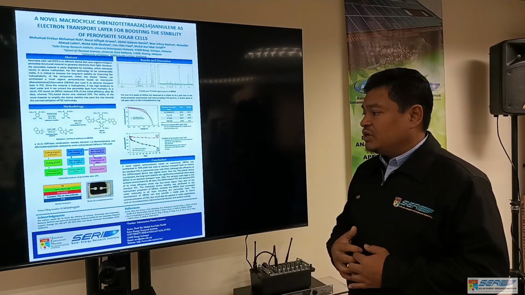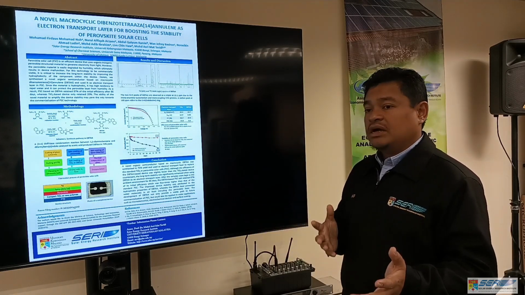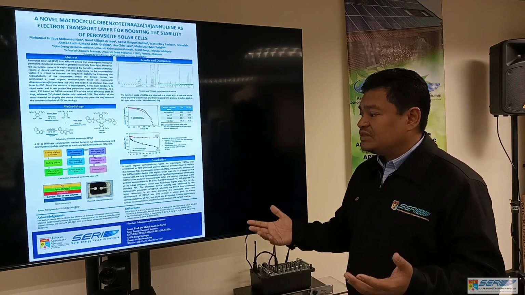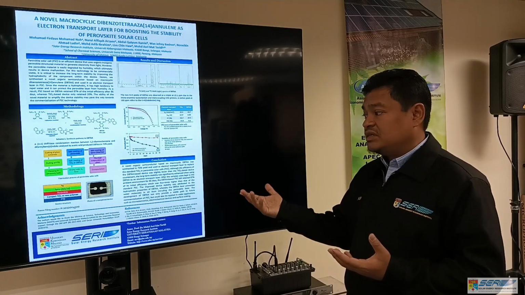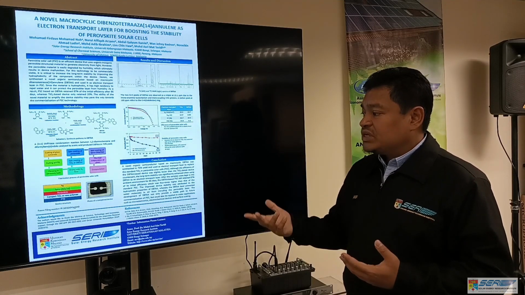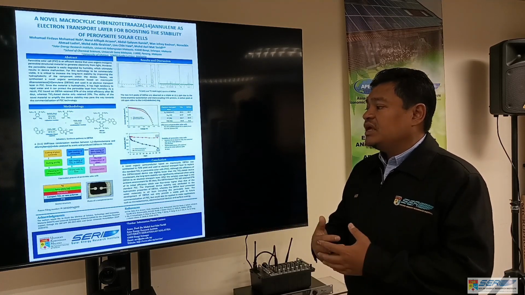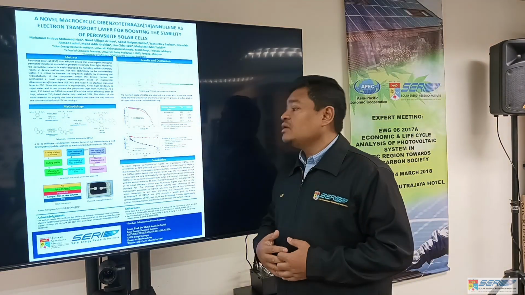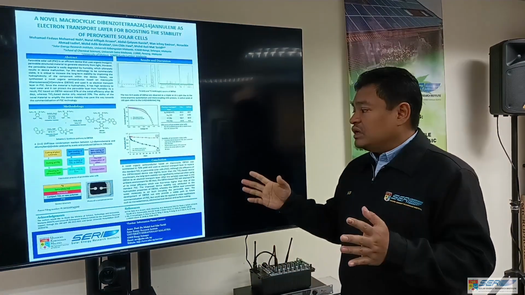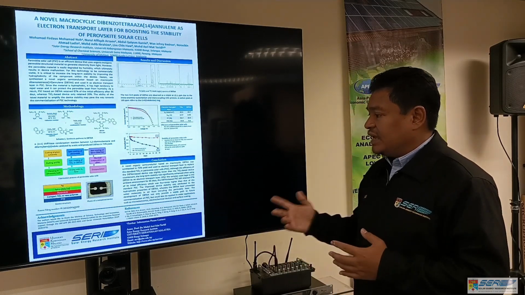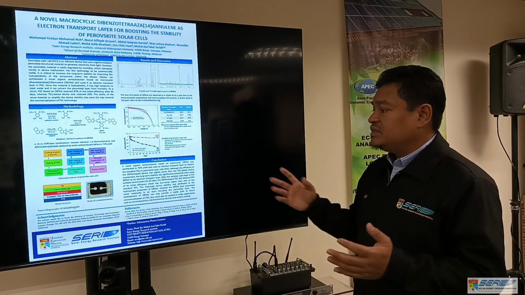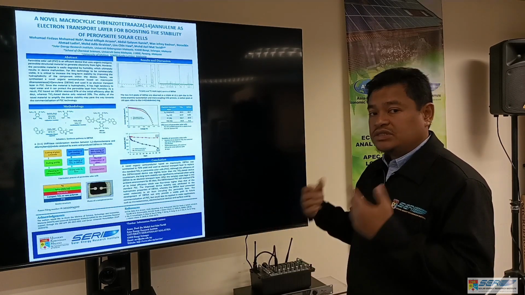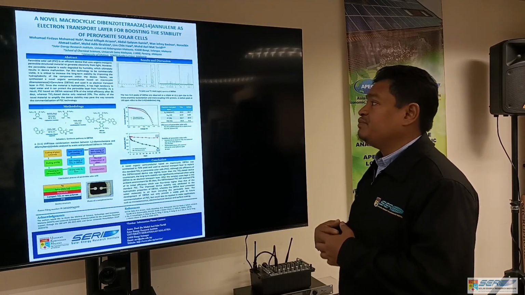For the structure of the device, you can see we are using FTO as the substrate, TiO2 as the electron transport layer or the material DTBAA, perovskite as the active material, spiro-OMeTAD as the hole transport material, and then silver as the contact. So the product is on the side of the device structure. This is the product we are producing. It is still a small scale, but there is still more room to be improved.